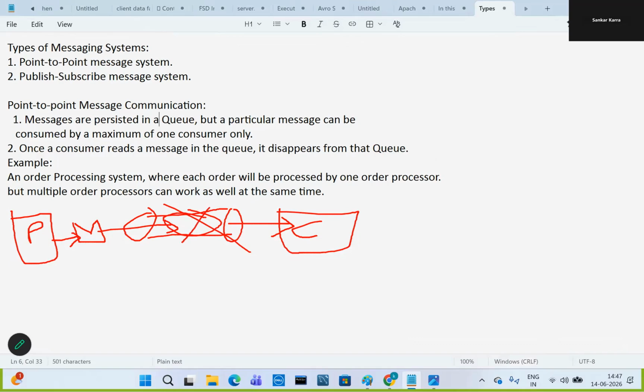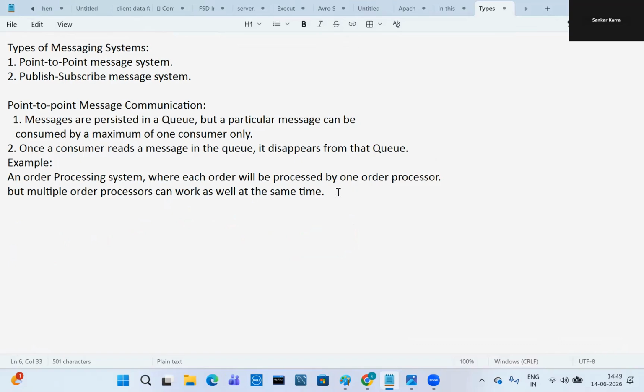For example, which messaging systems are of this type? Suppose ActiveMQ and RabbitMQ.